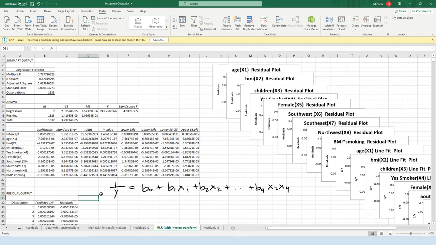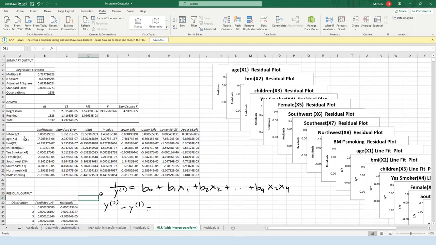So, for example, let's say I want to interpret B1. I want to know how much the charge increases when age increases by 1. Before, we could just figure out what it is after the increase and subtract off what it was before the increase, and that gives the difference in the charge. And so if this is the cost before the increase, then